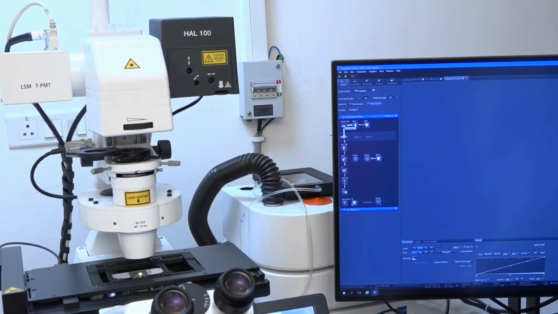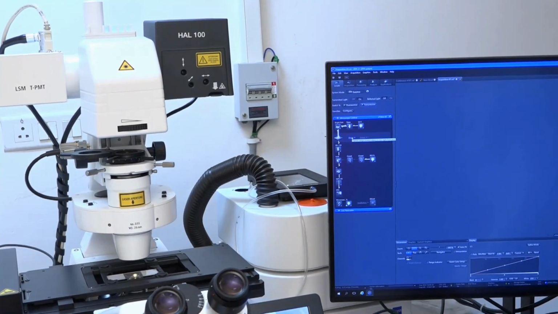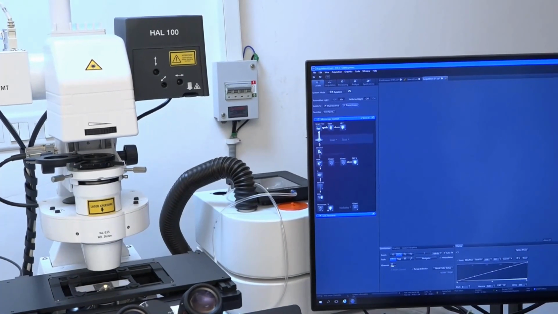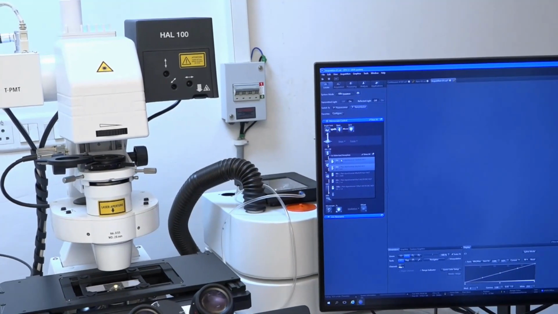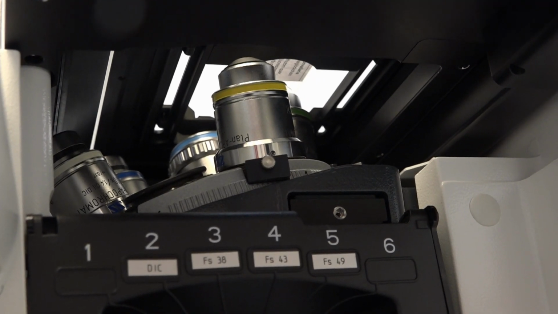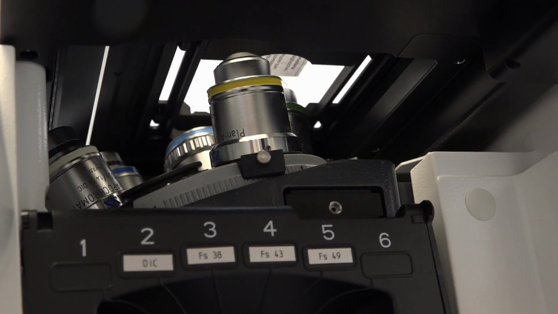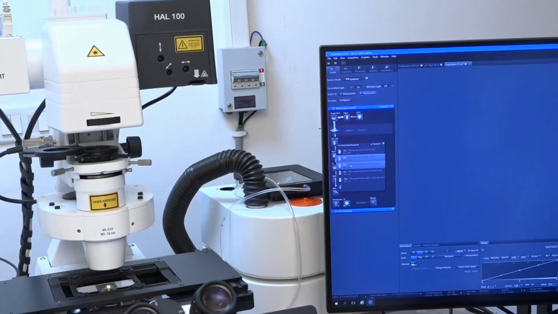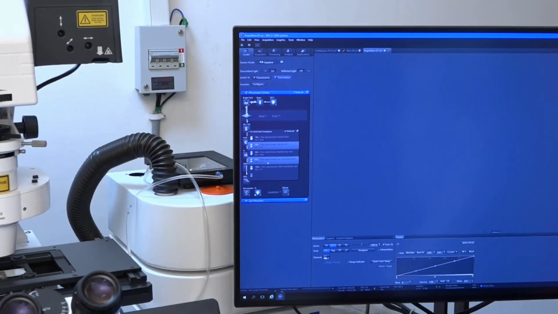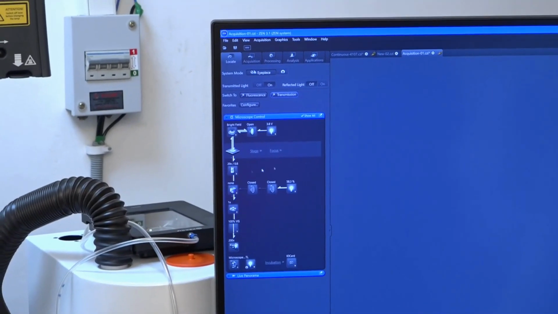After this is the condenser, which is again a motorized condenser. This is the stage, and on the stage the sample is there. Below the stage, the objectives have been positioned. So 6 positions are there. 10x with 0.45 numerical aperture, 20x 0.8, 40x 0.95; 10, 20, 40 are dry objectives. 63x and 100x are 1.4 numerical aperture, and they are oil immersion objectives.